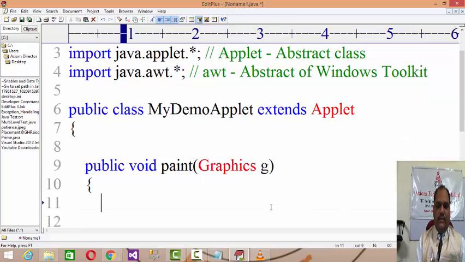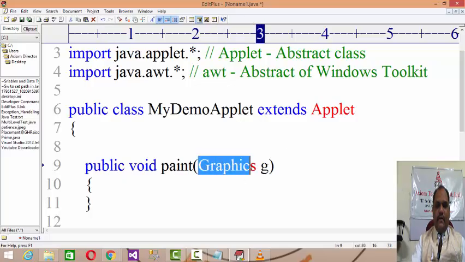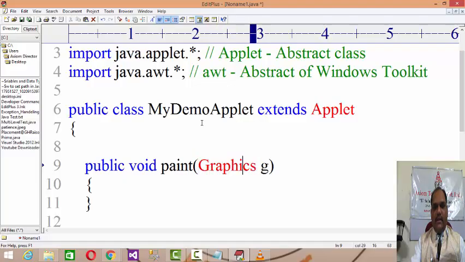as an argument. As I explained, the applet is designed for generating graphics and animations on the web, and due to that it takes an object of the Graphics class as an argument, and the Graphics class belongs to the AWT package, right? So that is why I import the AWT package as well as the applet package. Now Graphics g is the object I am using as graphics there. You can take any object of Graphics there. Okay. Now public class MyDemoApplet extends Applet.